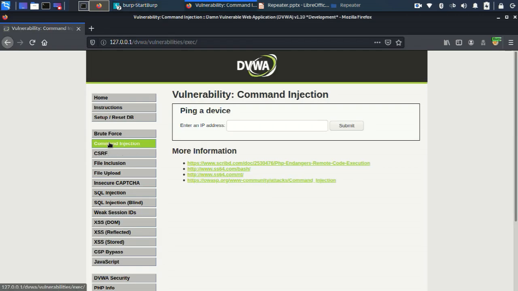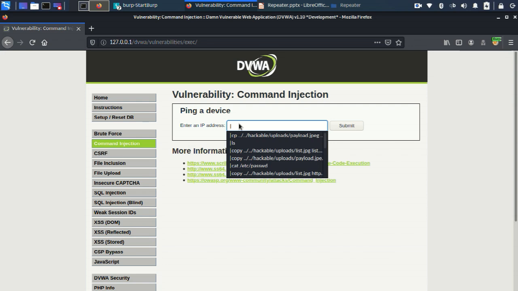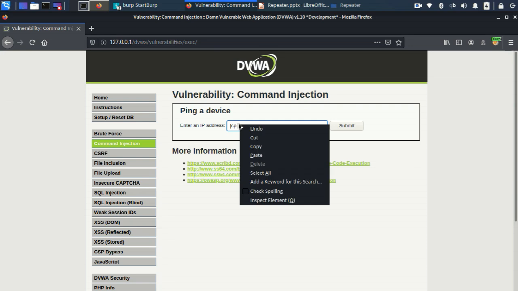The command is like this: copy, then paste, uploads, then payload.jpg. This is the file that was uploaded.